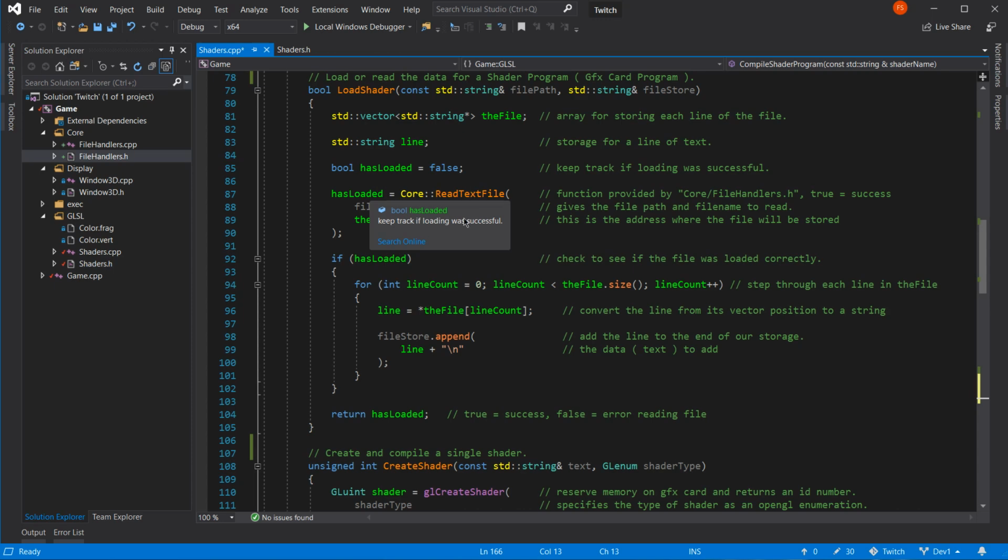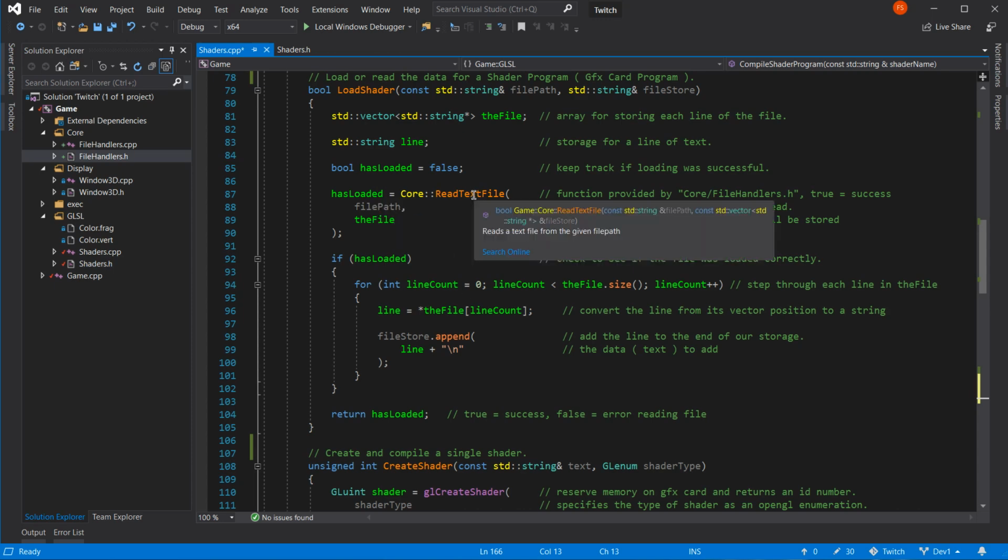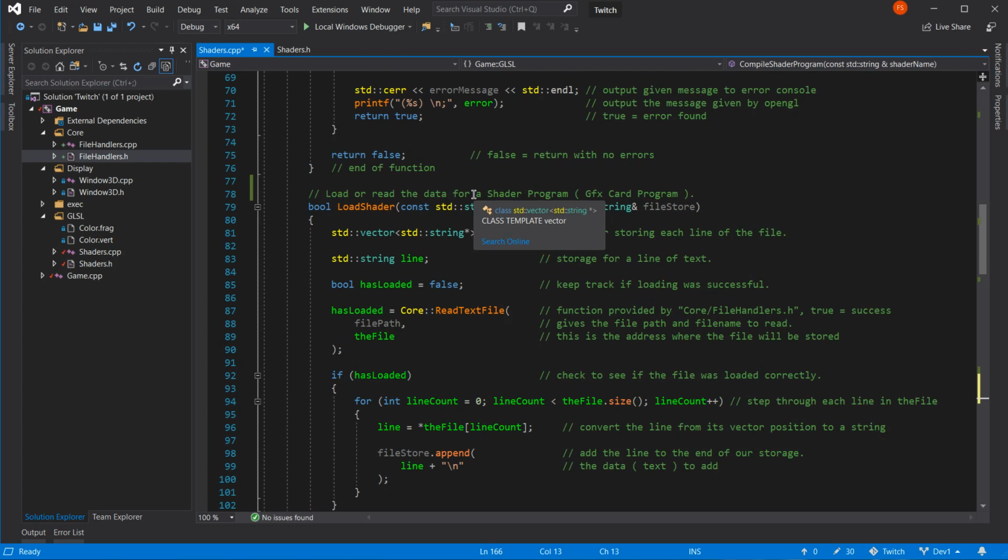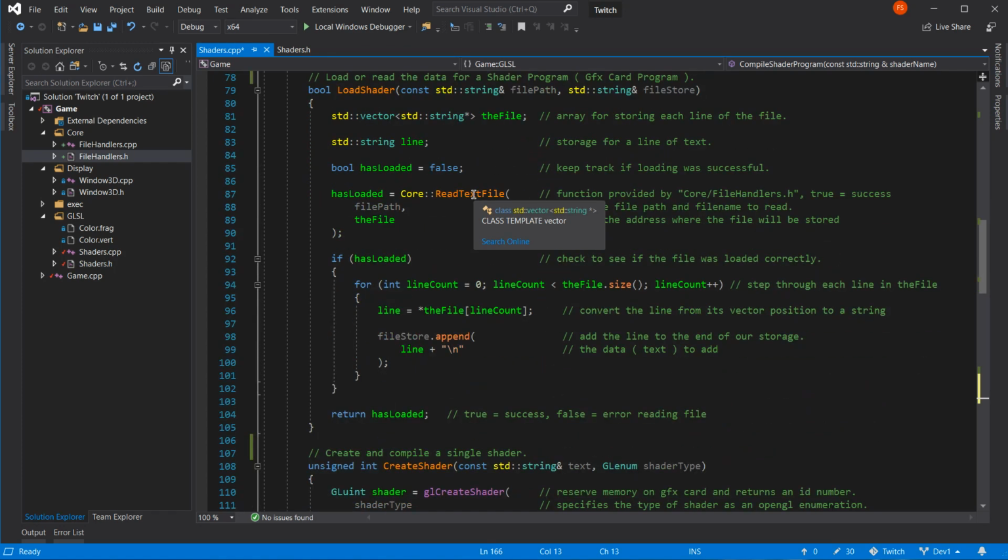Read text file. Right. And we have checked that read text file will do that. Hold on a minute, if you're reading the text file. Where am I? Ah, yeah, that's load shader, sorry.